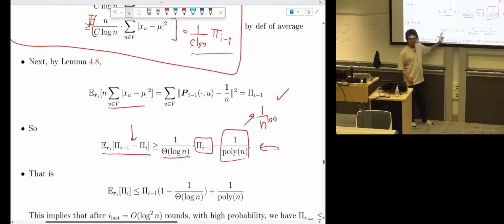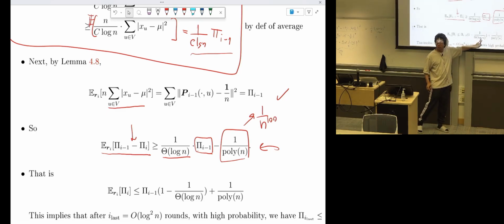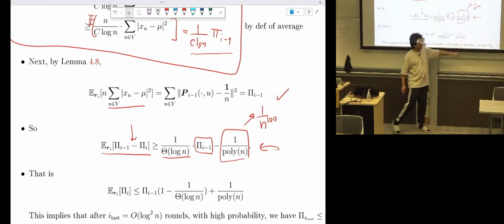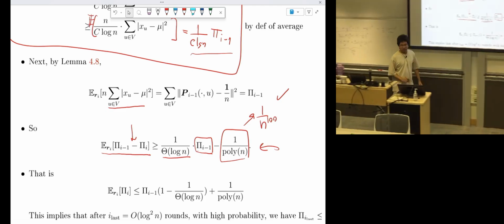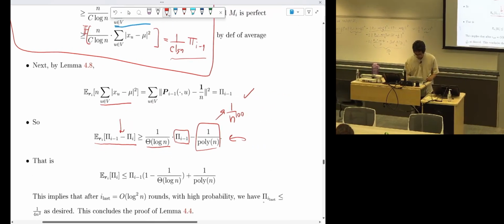In expectation, the potential at time i is reduced from the previous potential by a factor of 1 minus 1 over log plus something tiny. So it means that after log square rounds, this potential must be small